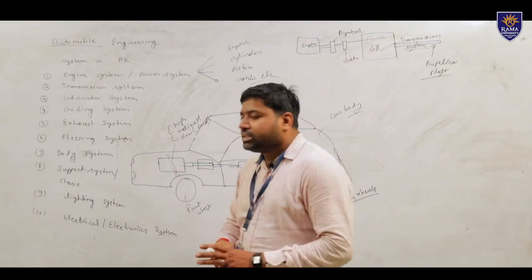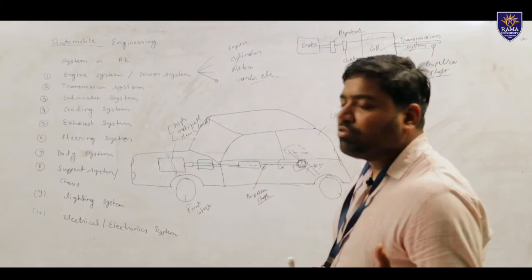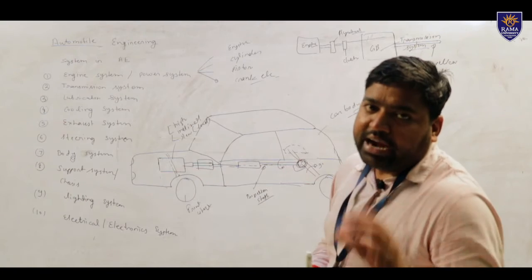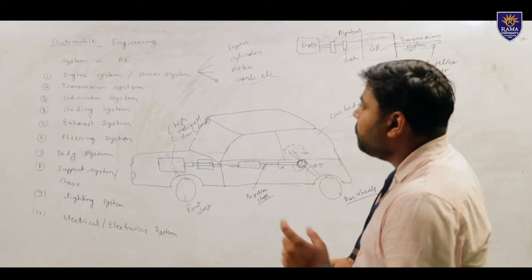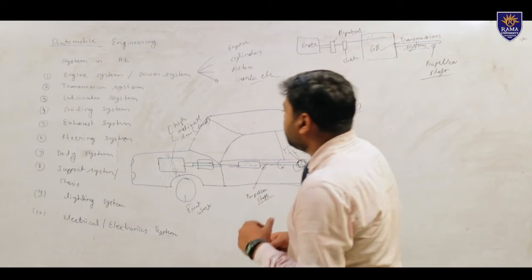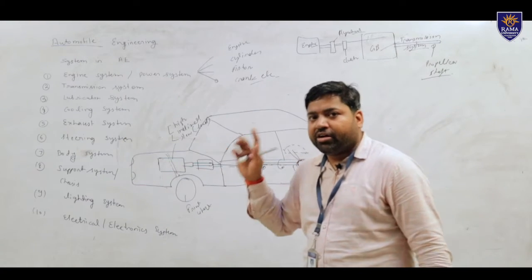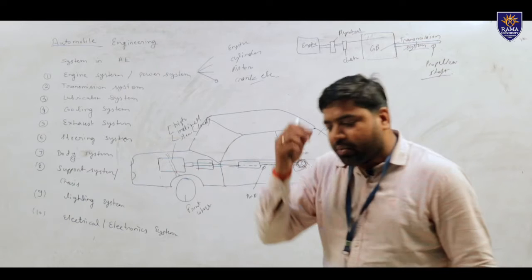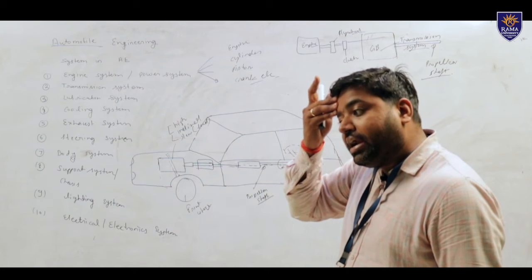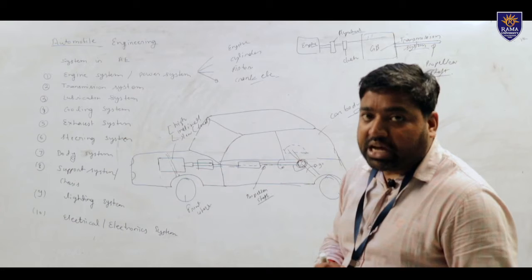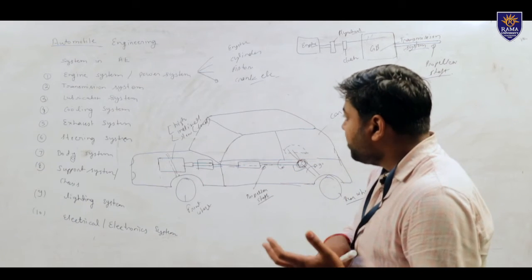Next is the exhaust system. When combustion takes place in the engine, different types of smoke are generated. If that smoke is thrown directly into the environment, it will affect our environment and air quality. So we provide proper filtration of the exhaust. The exhaust system will provide proper filtration,